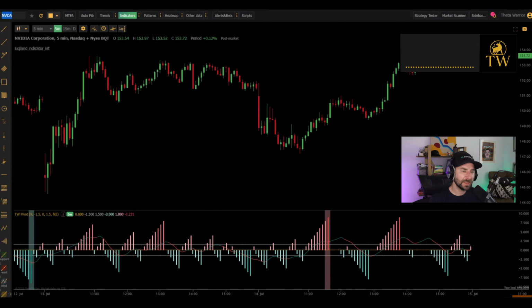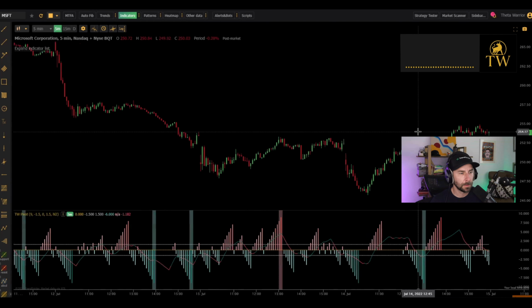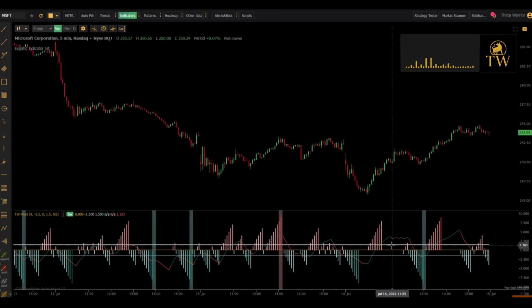Got it. And what's the significance of the two horizontal white lines? The two horizontal lines are basically what the oscillator will use to confirm or deny a signal. Basically, the oscillator and the histogram need to be in perfect conjunction in order for a signal to be sent. So these lines right here have to do with standard deviation, plus 1.5 standard deviation